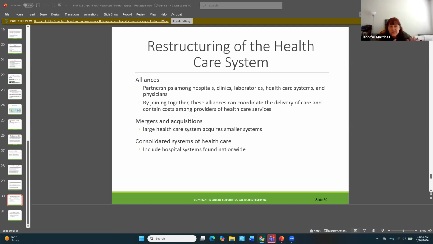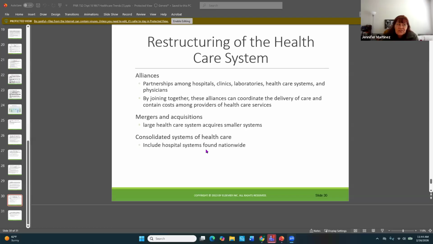It is cost effective for these organizations because you have a bunch of different facilities under your control. Maybe one facility is a very high earner, right? And one is a lower earner, right? But that helps to offset the costs. It also helps to standardize care amongst the group. So there's different options. It's just interesting how things have changed so much over the last 30 years.